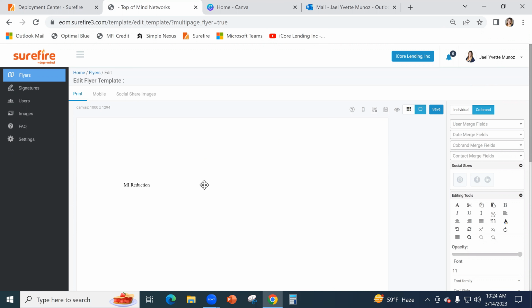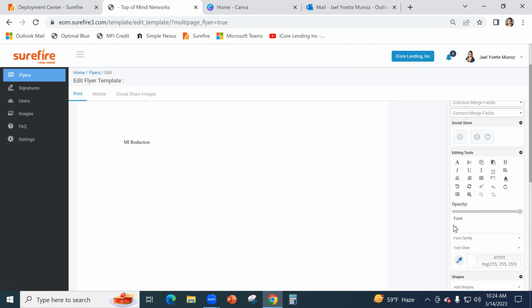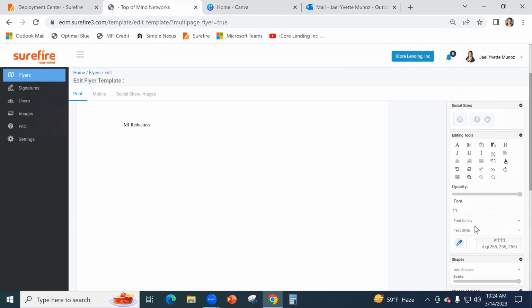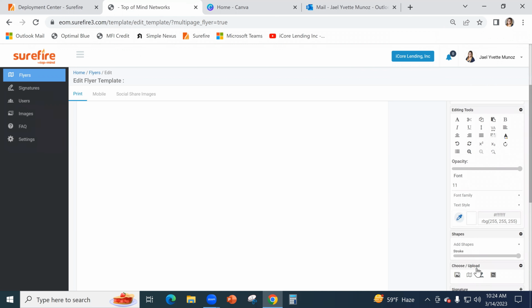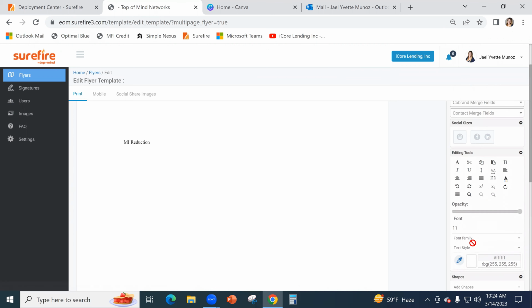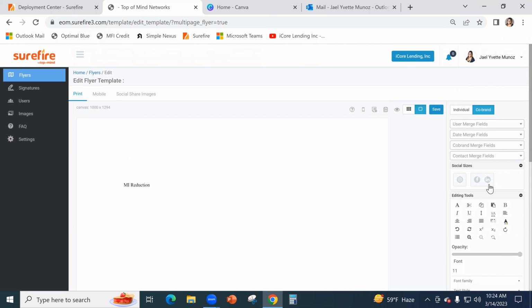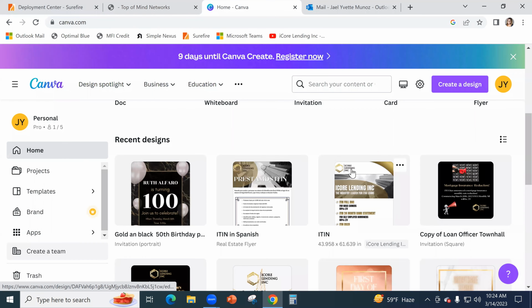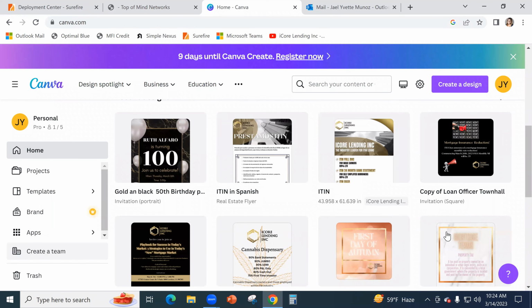And it's not that it's a little bit more difficult to navigate this. For instance, I was trying to create a flyer and I needed to add a shape. So I added a square and I could not change the color of it for the life of me. So what I did instead, and I do highly recommend Canva because it's so much more user-friendly, and this is where I did the MI reduction